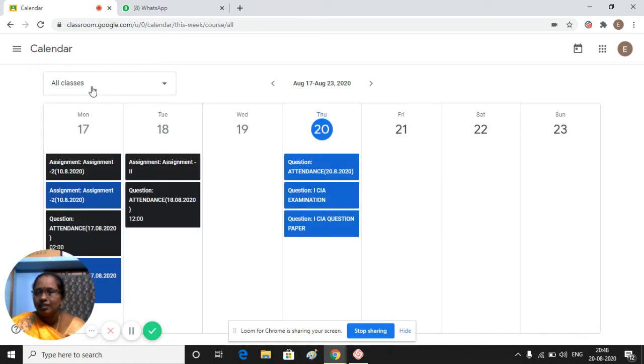All class activities, as I have so many classes, come under it. This is also a type of lesson plan. We can make use of it to get a printout of which day you gave an assignment, what things you did in the classroom, and which date the first CA examination is scheduled. Today I practiced that first CA examination, and I have given the question paper to other class students. That is also in that Google all classes.